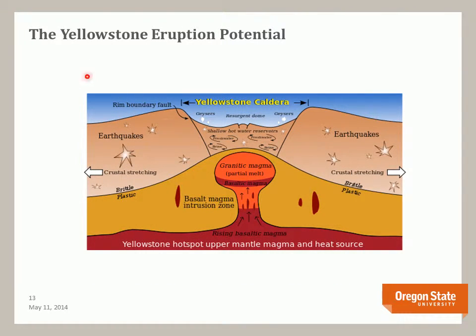If we look at a cross section, this is a model for what it looks like under the Earth's crust for the Yellowstone caldera. Here is the mantle, rising basaltic magma. It starts melting the surrounding crustal material and producing a granitic magma. This place is being stretched out, and we're getting a lot of flow of hot water up to the surface, producing the geysers. So notice the geysers for scale. And we have a variety of earthquakes. Okay, so this is a big deal, and the reason why it's